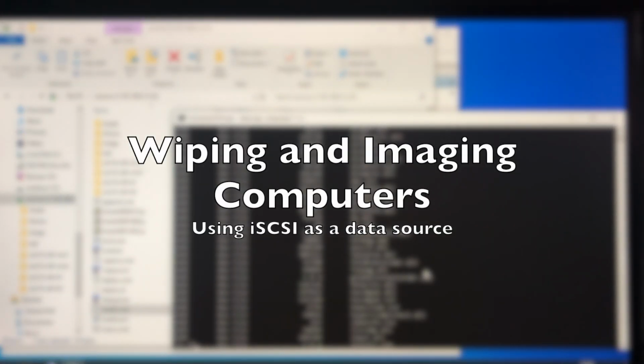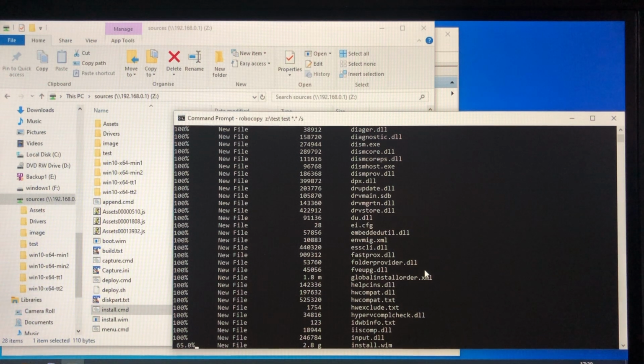Now, we image systems, and then we have about 30 gigs of application data that we copy over to them before we deploy them. There are many ways of doing this. You can use Samba, SMB, a network share, and this is actually what I'm doing now, and you can see it's running pretty slowly. This is test data. It's actually a Windows install, and it's 3 gigs instead of 30,